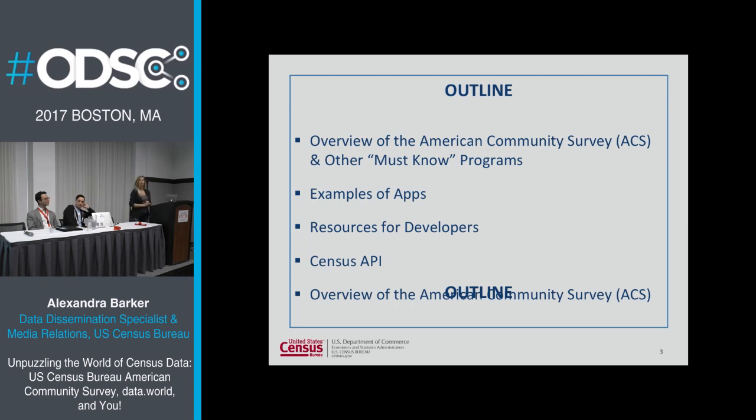So our outline, quickly, I have a short part of this presentation. First, I'll go over the basics of the ACS. What are the things you really must know? So when you're looking at our data or interacting with it, you can really make good judgment of what is the quality of what you're looking at, like how this data comes to life. And then I'll show you examples of apps that were created using ACS data and some other data that we have. I'll take you to resources for developers, which is a great part of a website. Show you quickly our Census API. And I've heard a lot that a difficulty that our users experience with our API is identifying variable names because we have our own terminology, our own language.